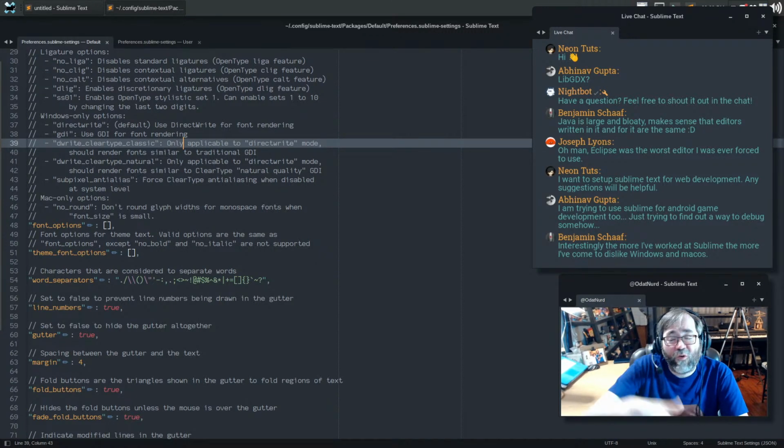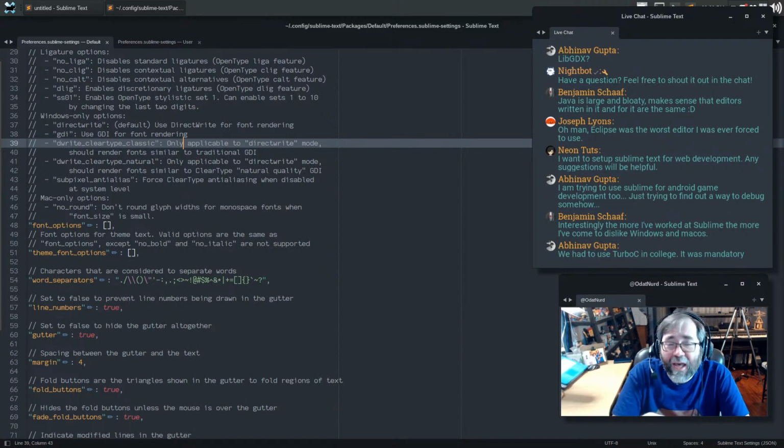But IDEs over time, I think, have really turned into these things where it's got to have an integrated debugger. It has to have the full help for a language built in. It's got to have all this code intelligence. That sort of stuff isn't stuff that I really came to use much because I never really had a chance to use them, so I don't rely on them as much.